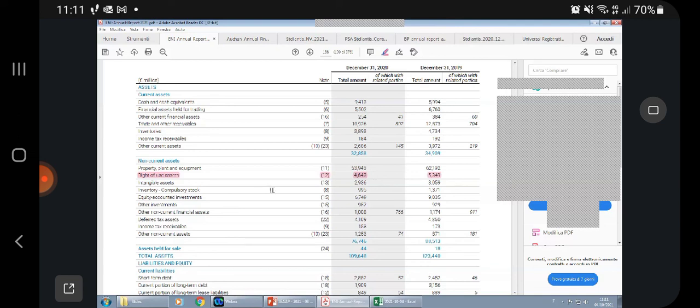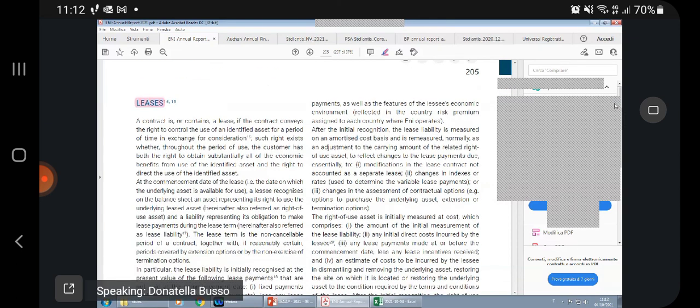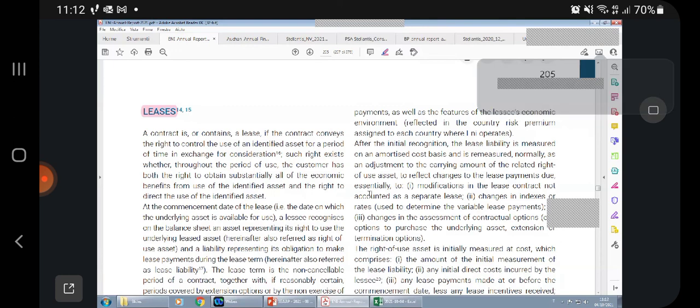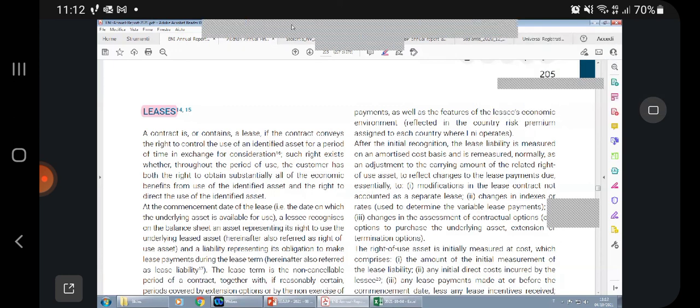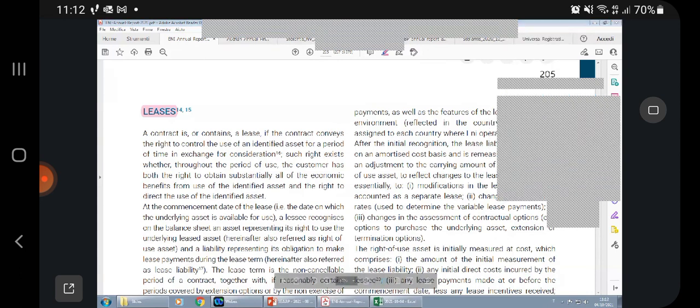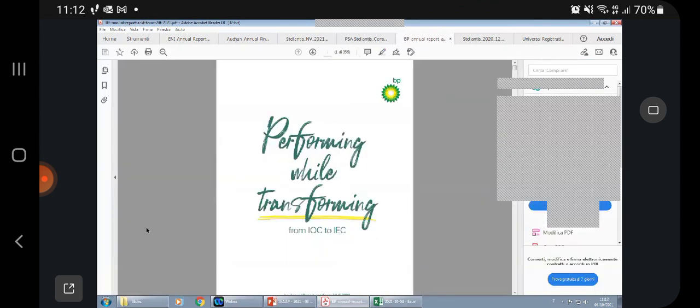If we go to page 205, here there is the narrative description of leases. No, Valeria, it is not mandatory to disclose separately the right of use asset. In fact, if we look at British Petroleum,